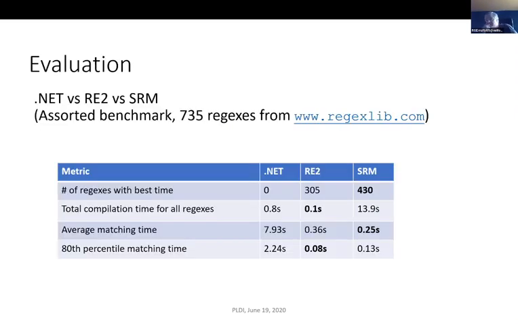So we evaluated this. This is essentially a summary from a paper from TACAS last year, where we evaluated the tool. One of the interesting things about SRM is that it is fairly stable in its performance. I think one of the reasons behind this is that it does not depend on case insensitivity. In fact, when you do case insensitive regular expressions, you tend to introduce fewer cases, and fewer cases means that this abstract alphabet is smaller